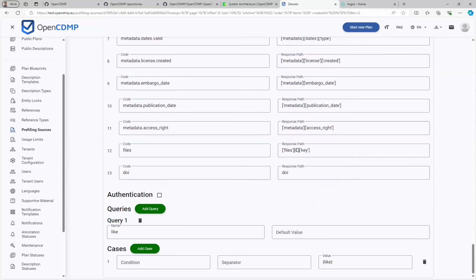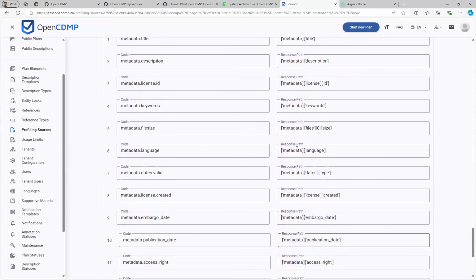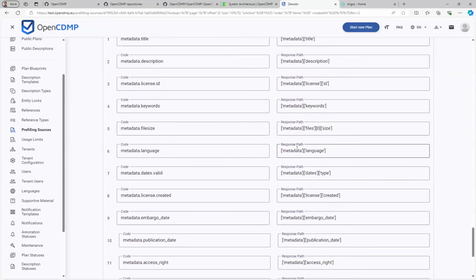So it's kind of administrative and technical, but you can configure different kinds of sources. So if you have, let's say, an institutional repository where you deposit data sets, and you want this repository to be used as a prefilling source, you can request it.